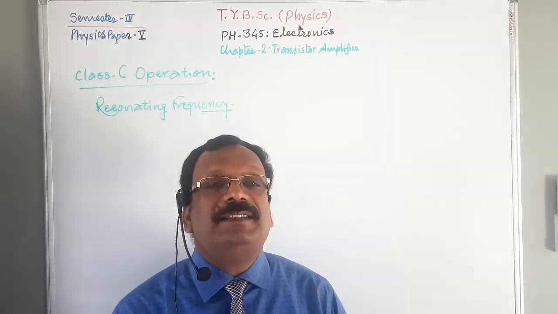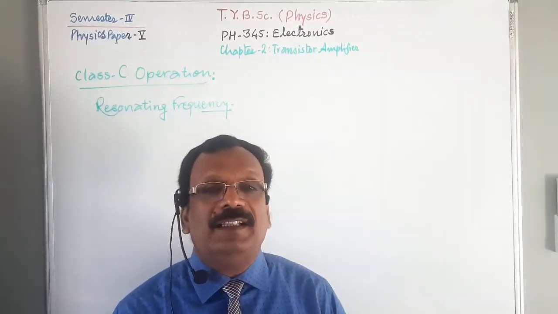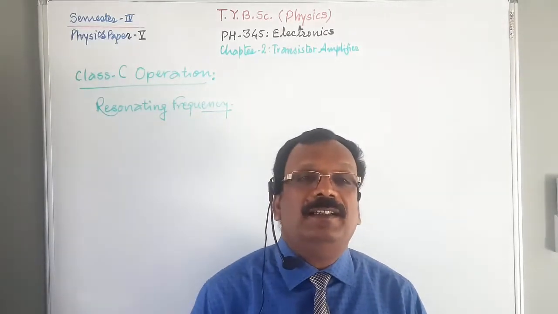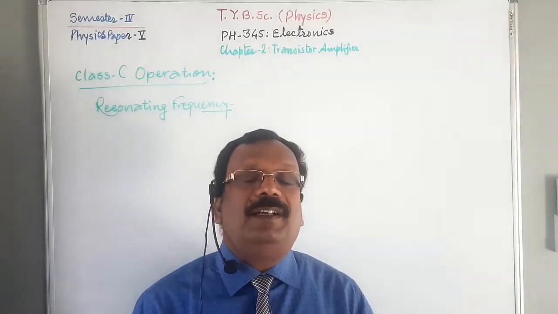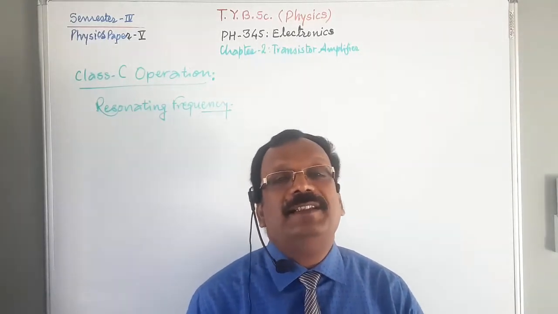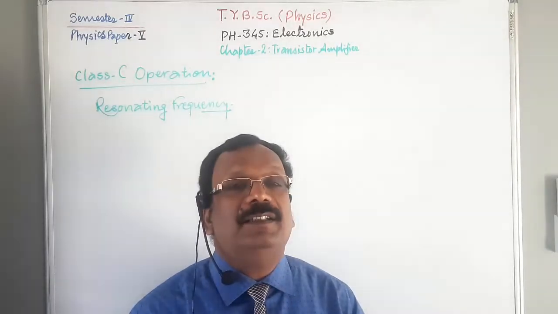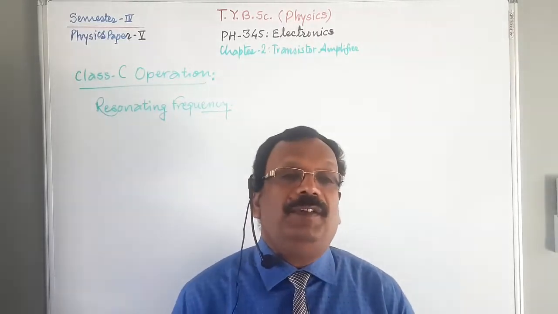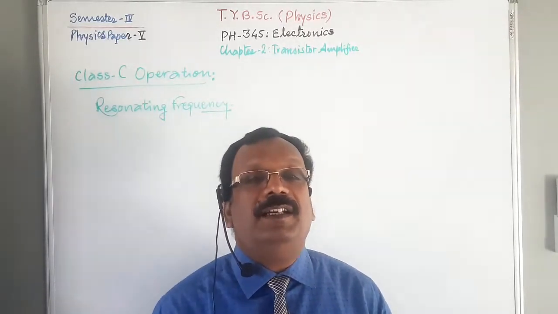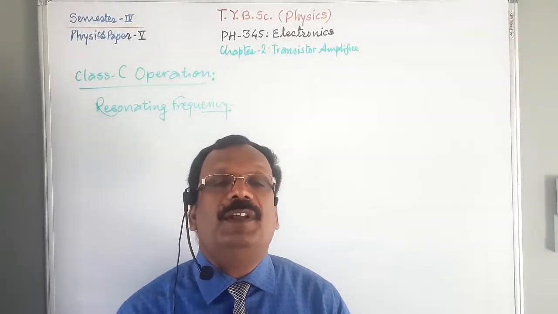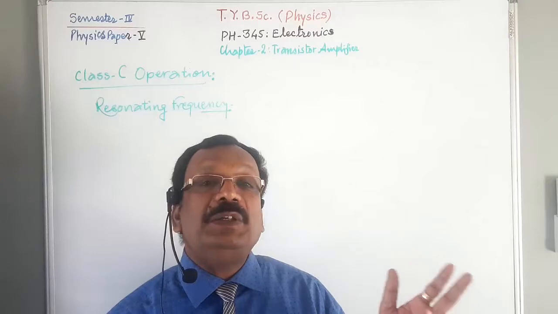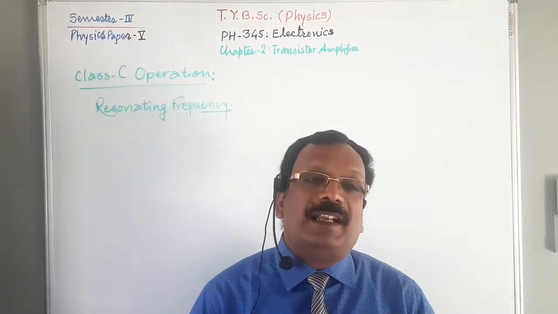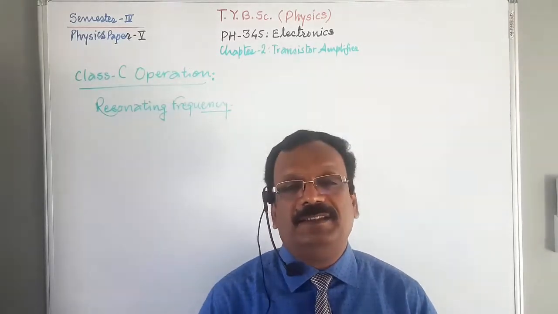Whereas with class C, a resonant circuit is used rather than push-pull. In class B, a push-pull arrangement is used and hence the class B push-pull amplifier is very important, and all class B amplifiers are push-pull amplifiers. Whereas with class C, a resonant circuit is used for the load, hence all class C amplifiers are tuned amplifiers. We can tune them. And when the question of tuning arises, absolutely the resonant circuit is necessary.